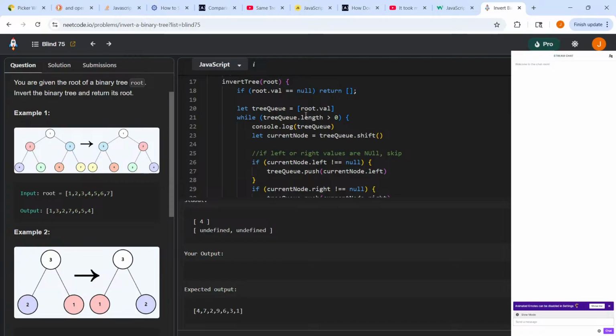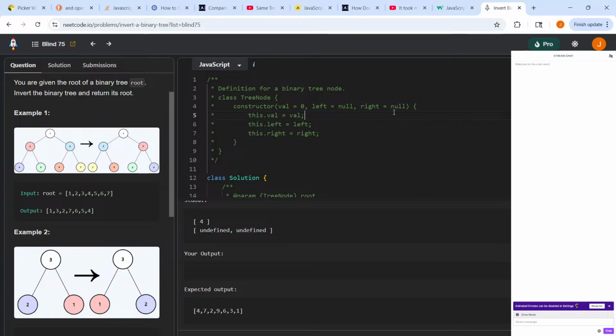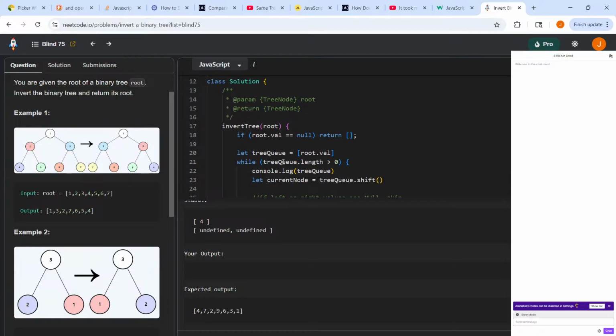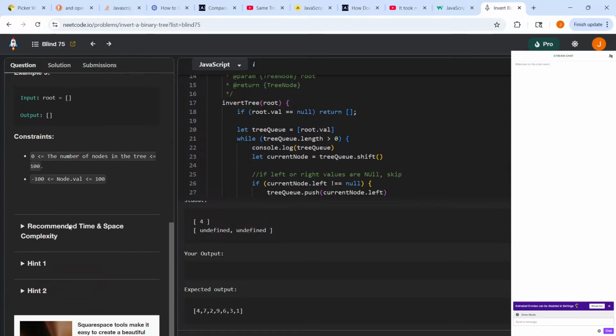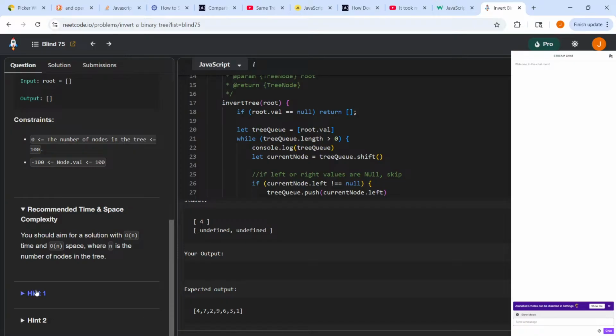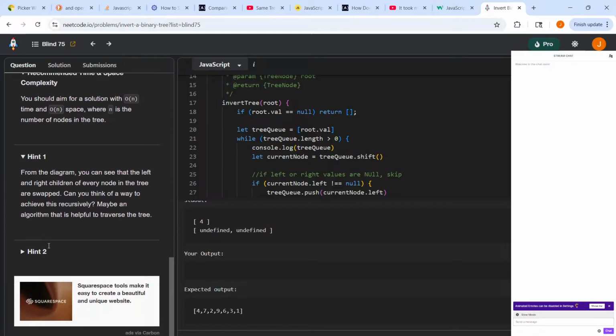Well, the other thing I'm thinking is, since we can't call that shape, we can't set a new tree node. We just have to use whatever we have and then reverse it pretty much in place, which is one way to do it, I guess. But we can't really put something else together